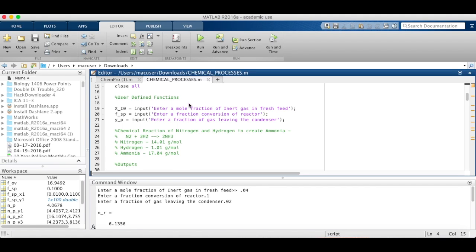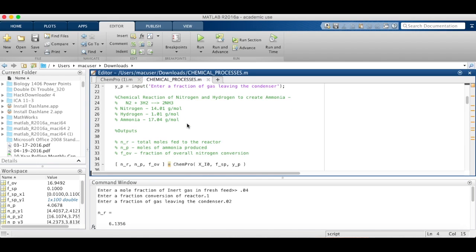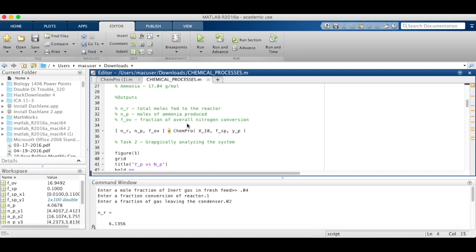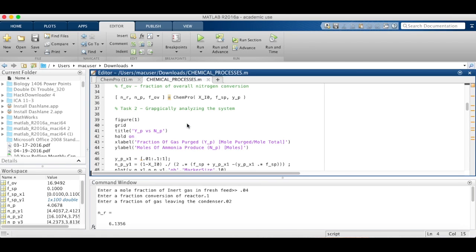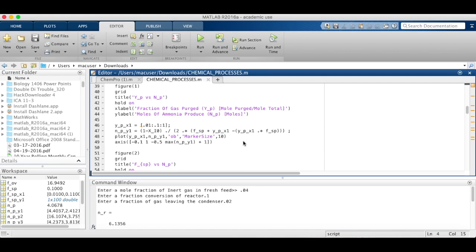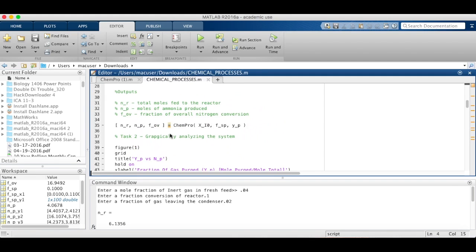So these will be our givens, and based off of those, I've calculated the NR, which is the total moles fed to the reactor, along with NP, moles of ammonia produced, and the FOV, which is a fraction of overall nitrogen conversion. Based on these variables that were given, we were able to come up with these equations